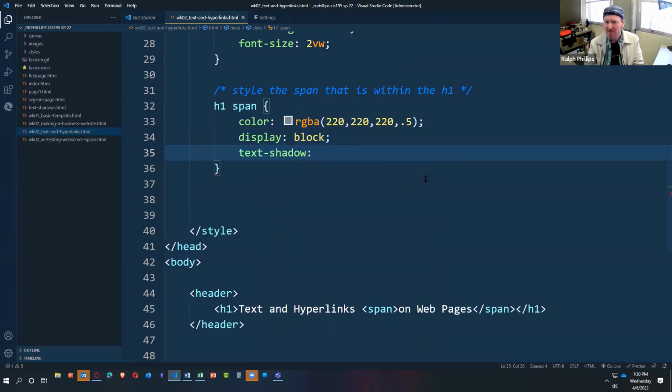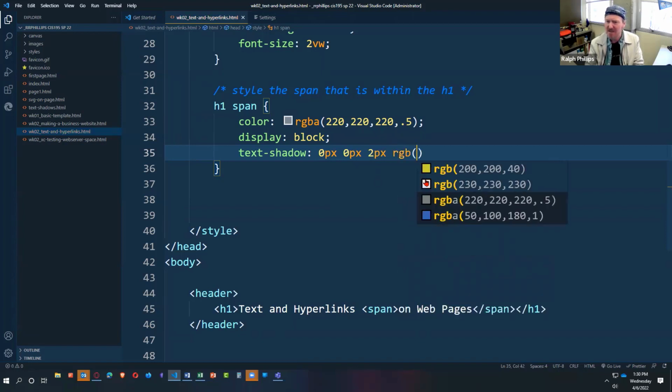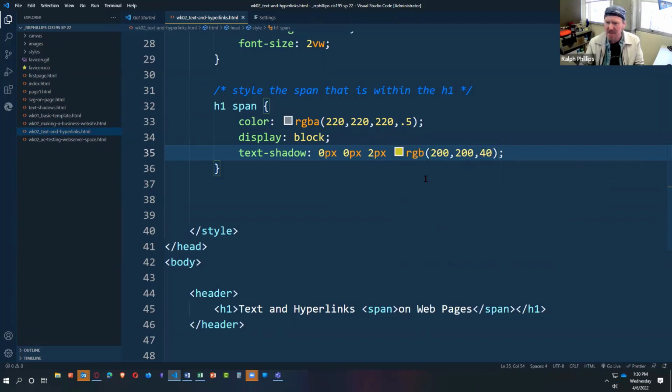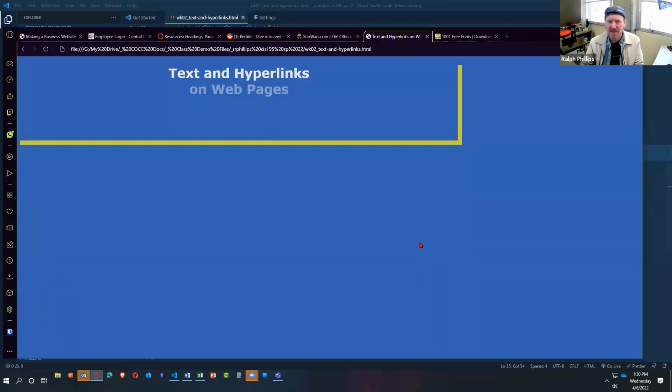Text shadow. How do I want to do this? How about 0 pixels, 0 pixels, 2 pixels, and I'm going to do a hashtag here. Now, let's be consistent. RGB, I'll do 200, 240. That shade of yellow again. And this is going to give me,